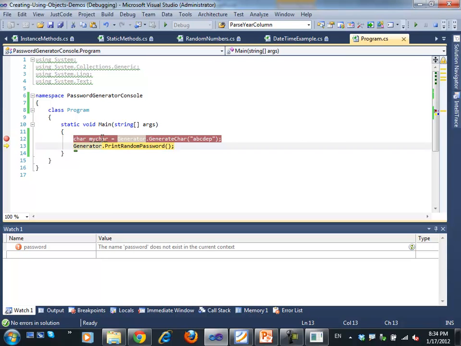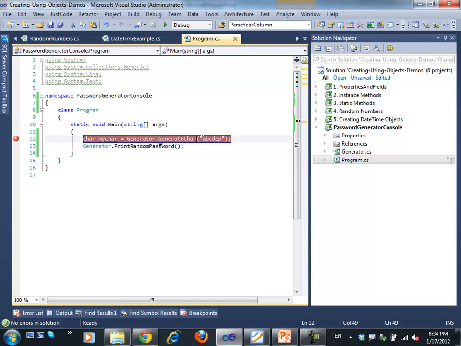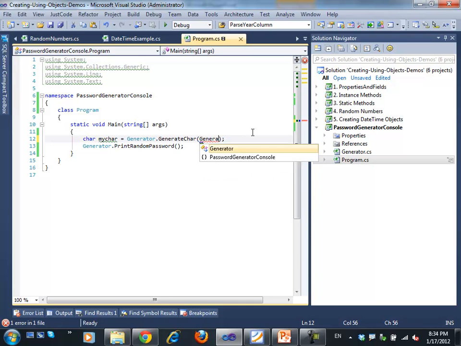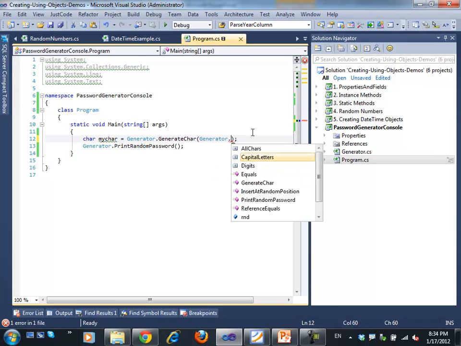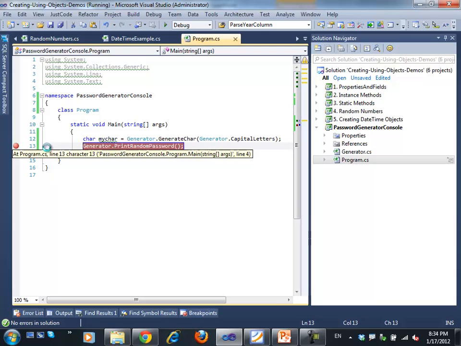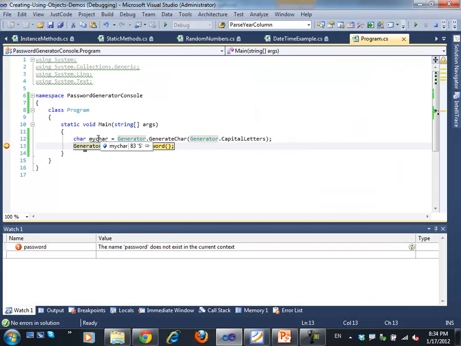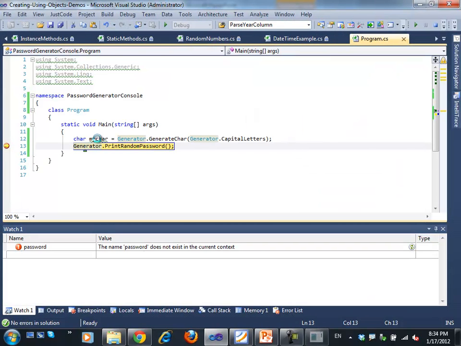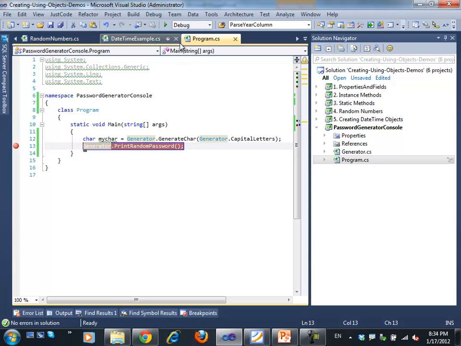I can also, for example, instead of using my string, use one of the other strings. For example, capital letters. So in this case, my character every time will get a random capital letter. So that's okay,